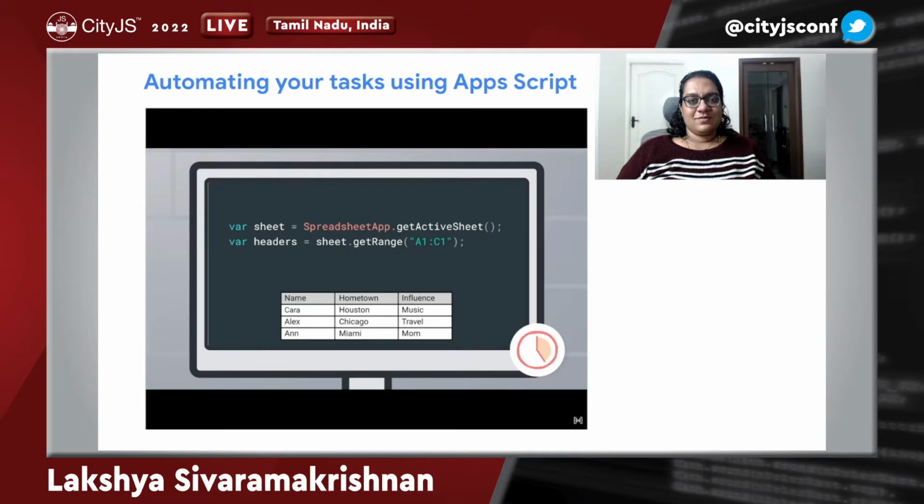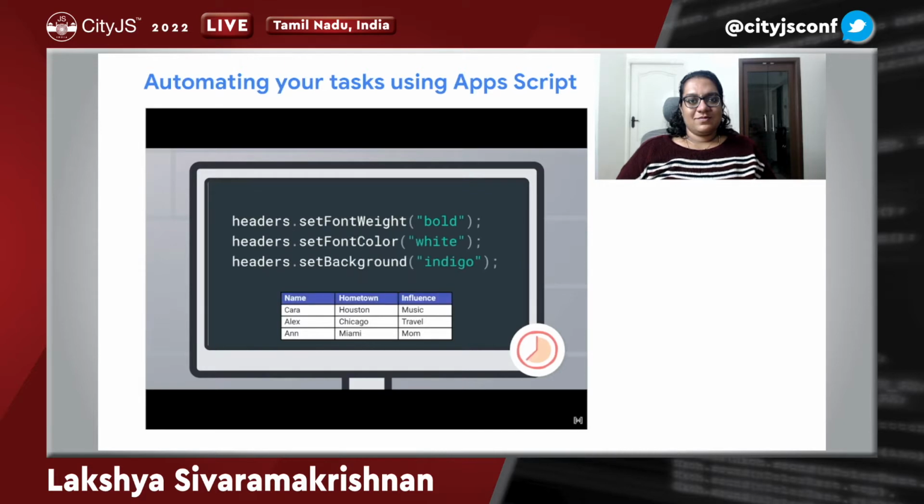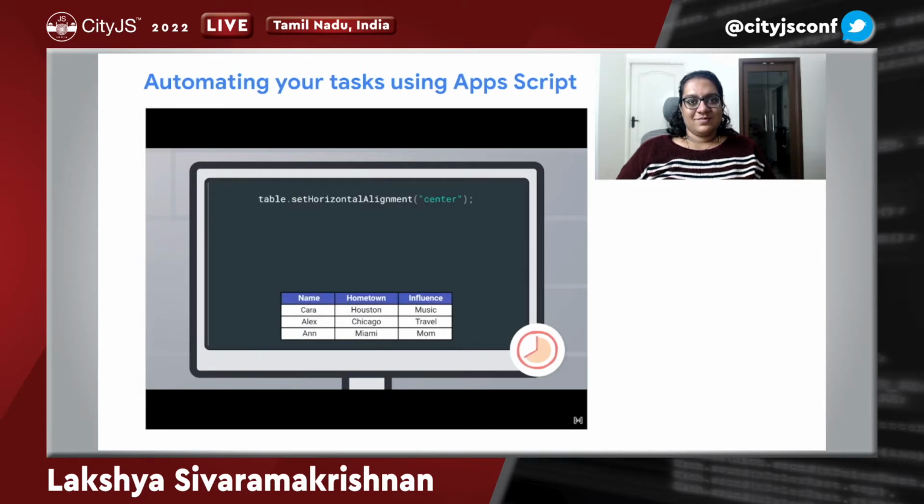We can use the A1 notation we're familiar with to capture just some of the cells. GetDataRange is a handy shortcut to capture all the data in the sheet. Now let's make the magic happen. We can easily change the color of the background and the text, and it's just one line to make it bold. We can center the text and add borders, and we can quickly set up a filter.